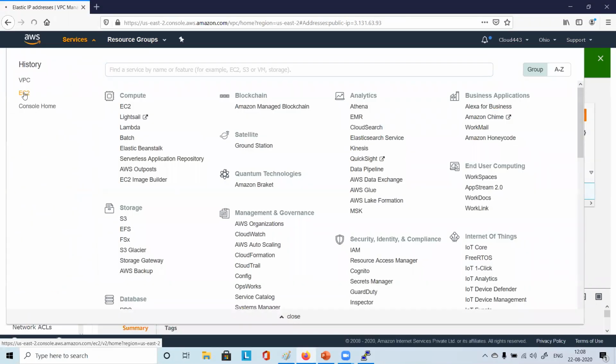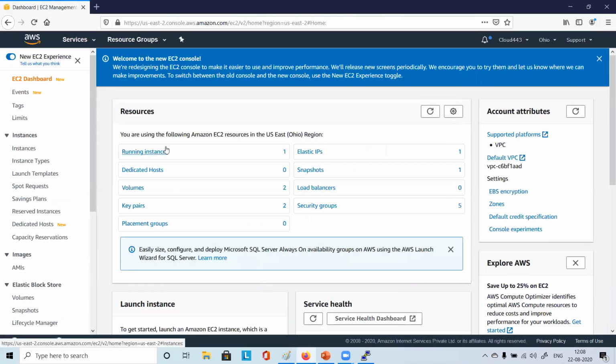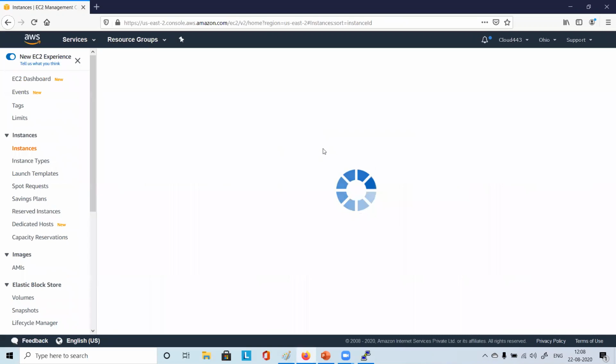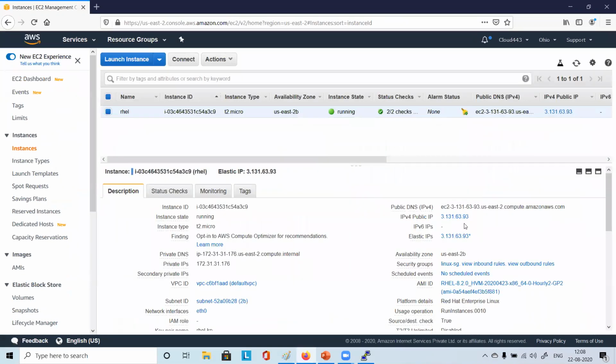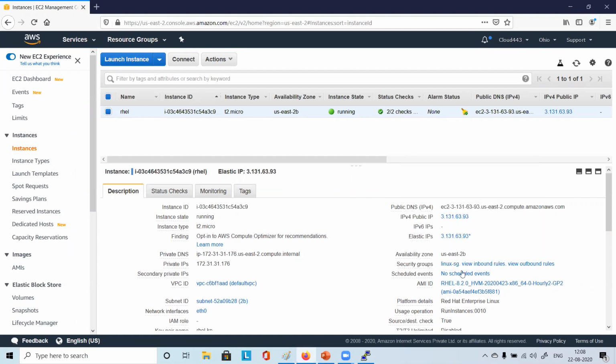Go to services, go to EC2, and go to running instances. Oh, the new one came, see? 3.131.63.93. And what does it say here? Elastic IP came, no?